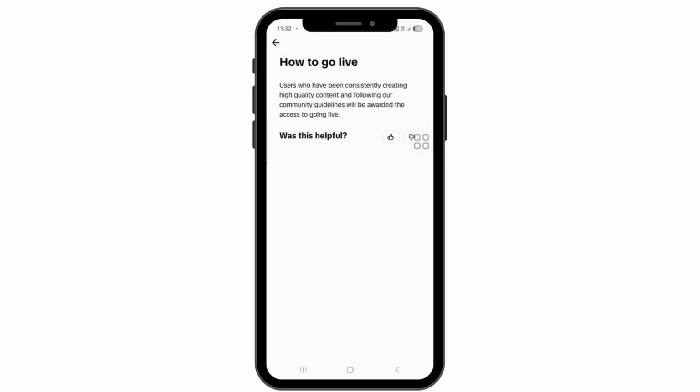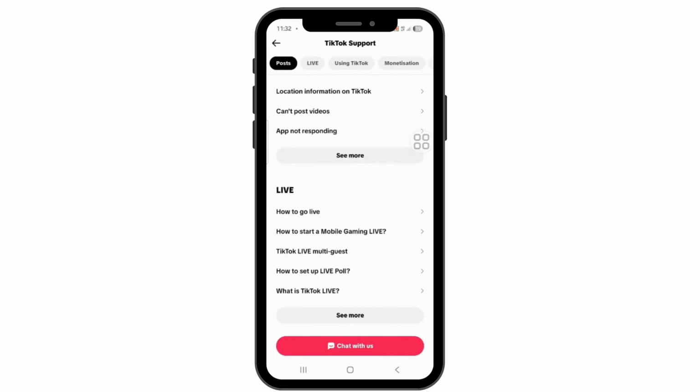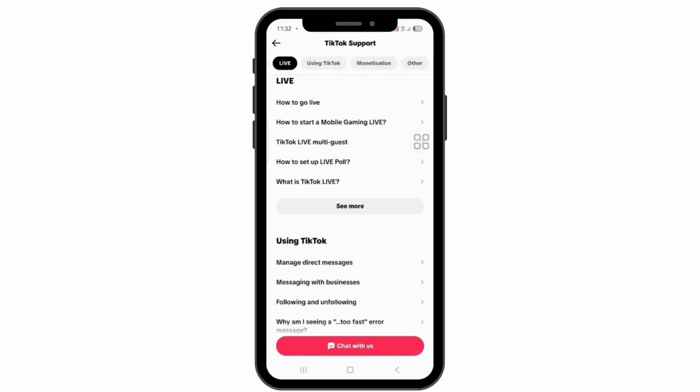So once you click on that, okay, it's going to bring up a page for you. So you see they're going to tell you how, but if you don't even have that, you need to go back and click on, wait, let me go back, click on live right there. And once you click on that, you're going to click on chat with us right there. You can see the red button, and here you're going to say,